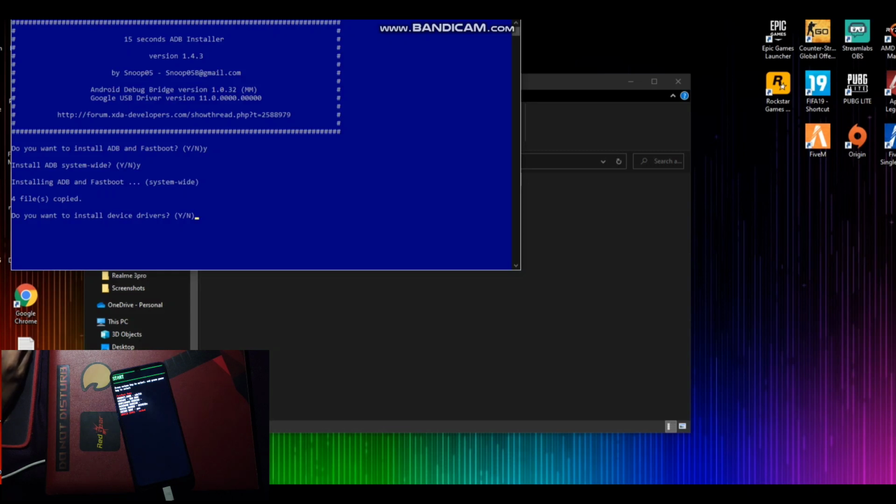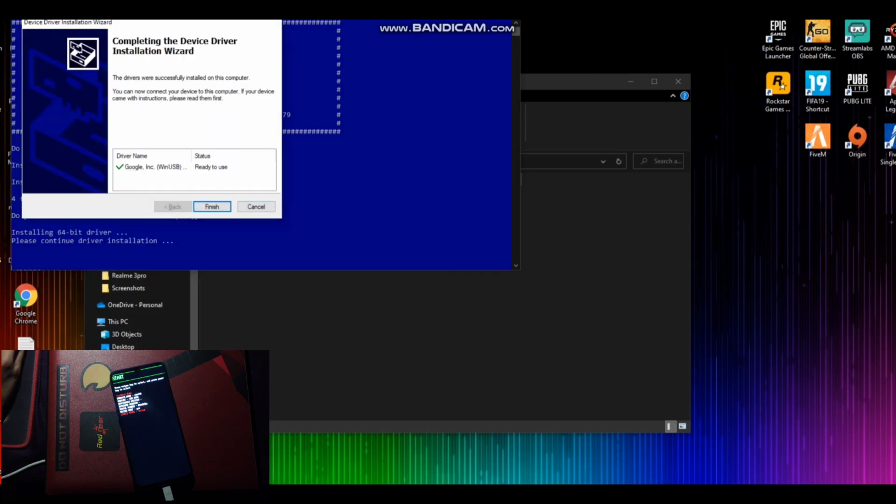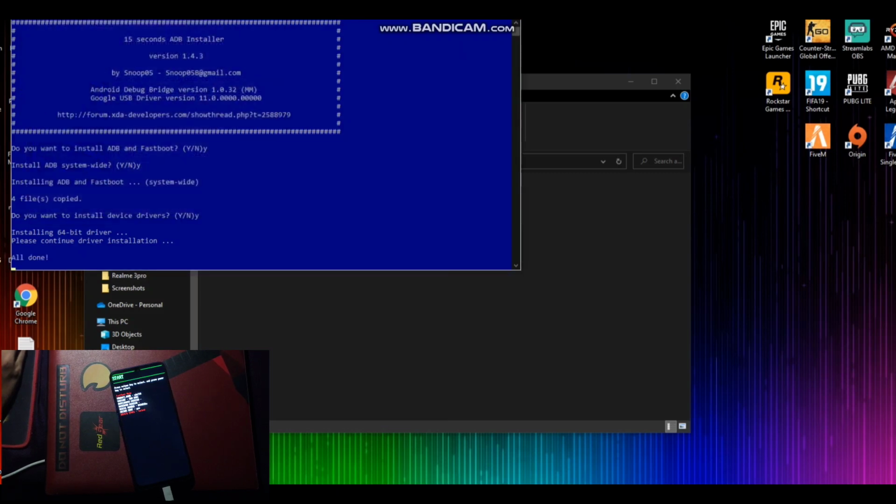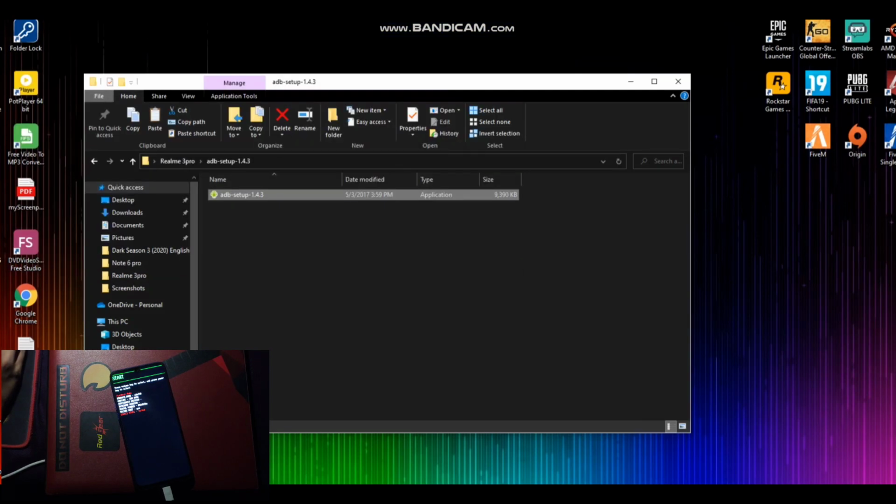So you can see that I typed Y and then Y again and pressed enter. You can see that the ADB driver is fully installed and the phone driver will be automatically updated on your PC.